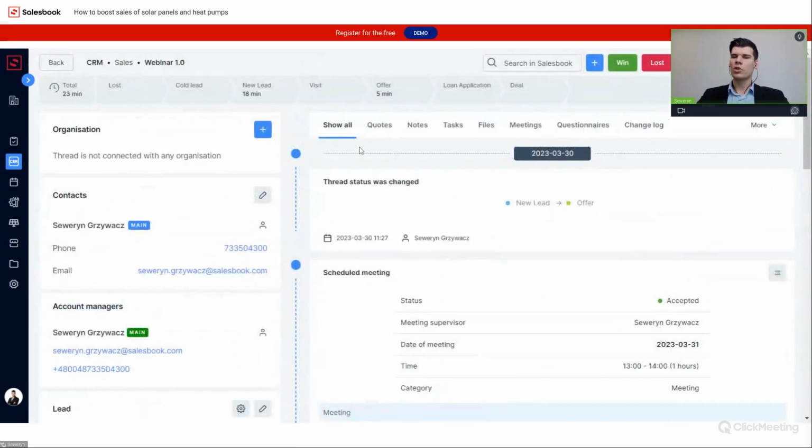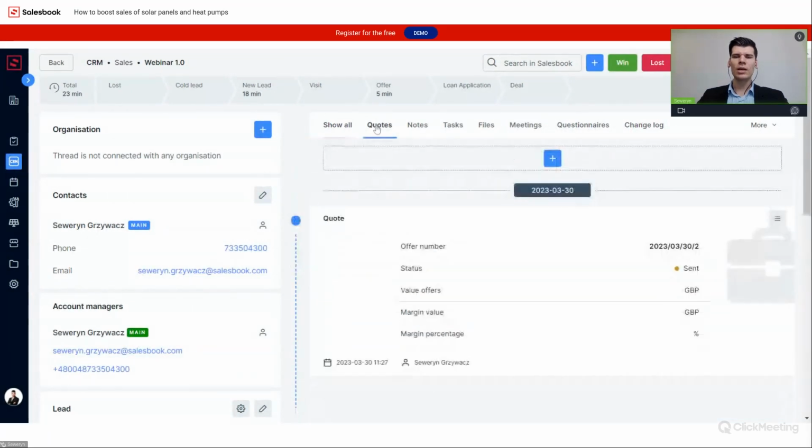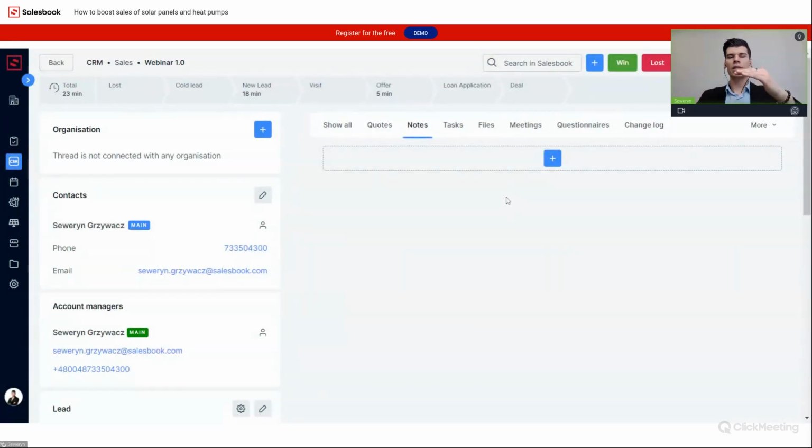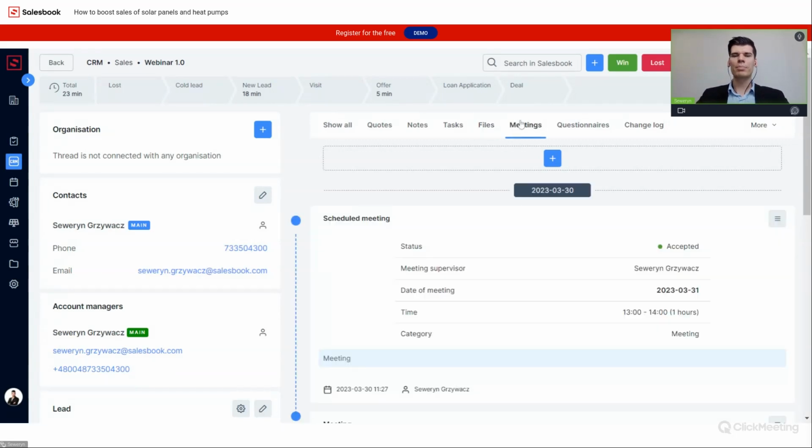So I will go through all of these tabs here because they are really important. So in one place, you got all of the quotes you generated. You can, of course, gather all of the necessary notes from the meeting or maybe inside the CRM system in one place. You have all of your tasks assigned to your team members, as well as you can collect all of the files in one place. For example, invoices, pictures, just for you maybe to have any post-service care,